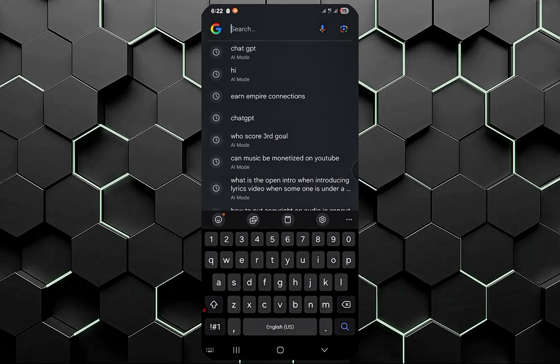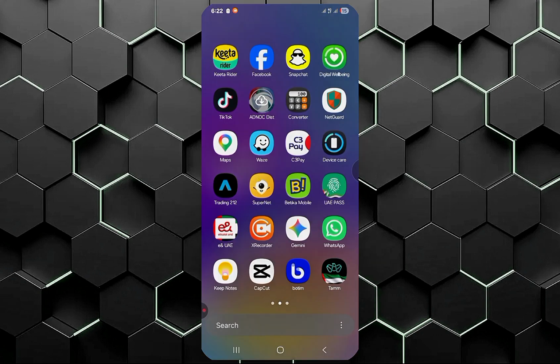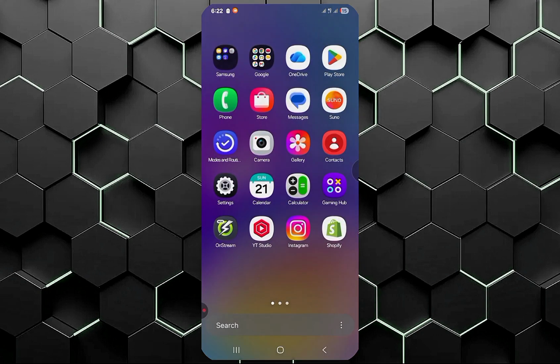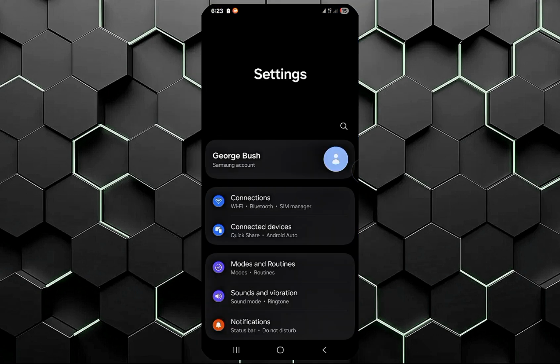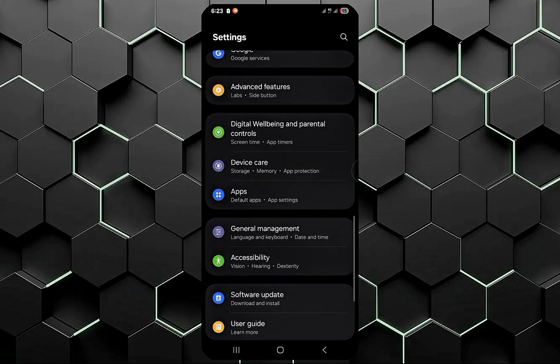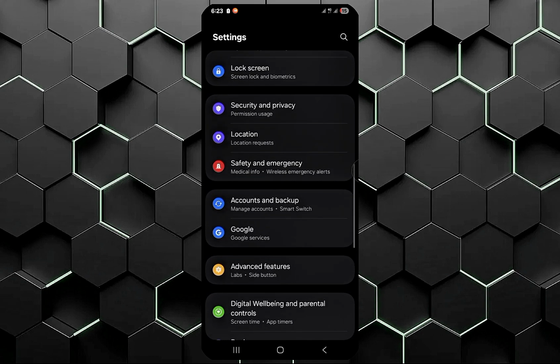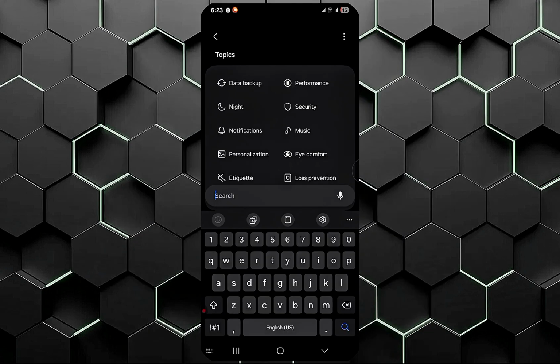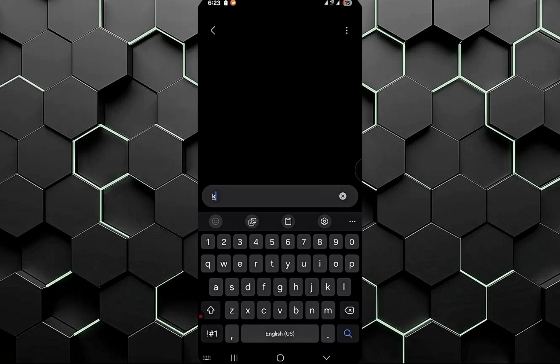And if it happens that you don't see your clipboard, what you have to do is to go back to your settings, phone settings. Locate where your phone settings are, and just tap onto the gear icon right there. Once you're here, scroll down. You can scroll down and locate your keyboard, or just tap onto the search bar right here at the top. Then what you have to do is to type in keyboard